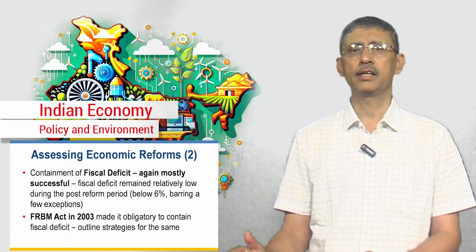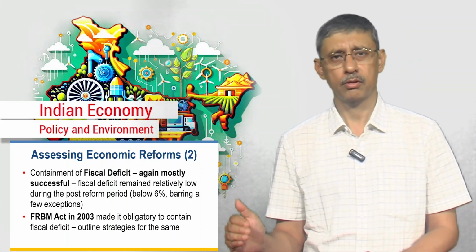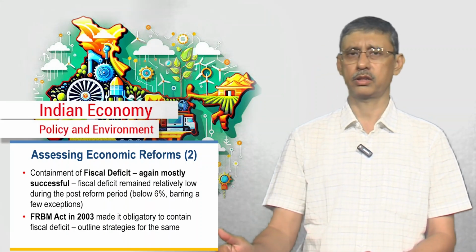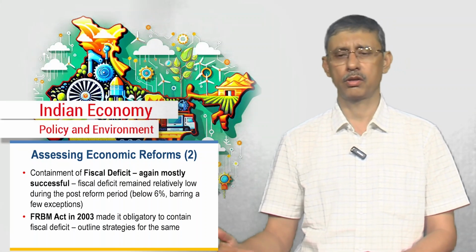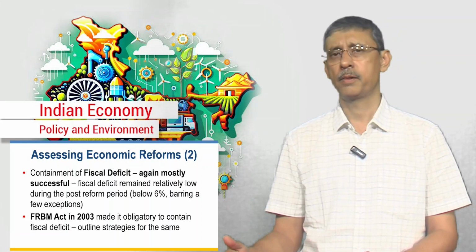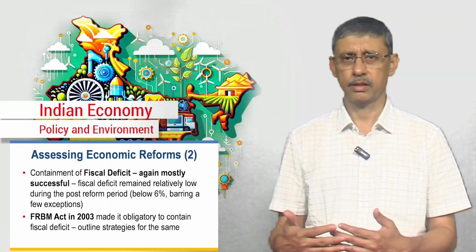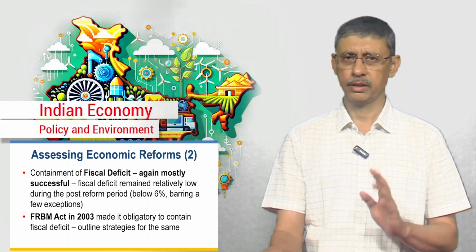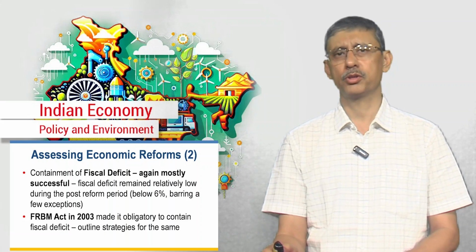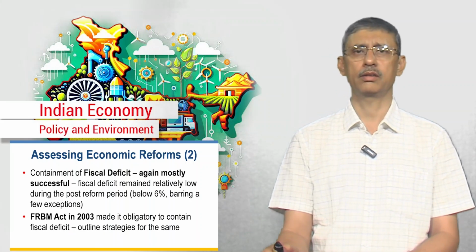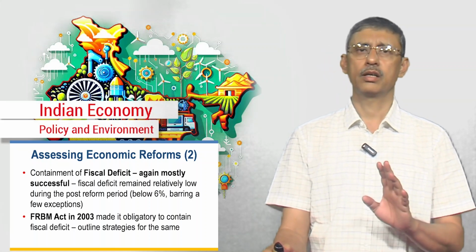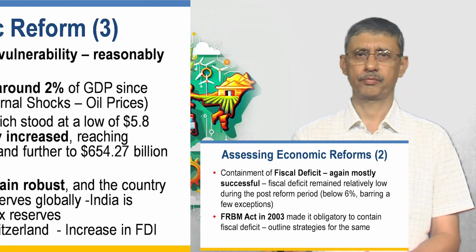And if you are there, then you actually have fiscal consolidation. That means that you are managing your affairs quite well. You are not allowing additional or unsustainable expenditure. At the same time, you do not have any resources gap, and that is why the deficit is actually managed. So on this count, we can largely say that there is a positive answer to this question, that economic reforms have been largely successful in containing the fiscal deficit.